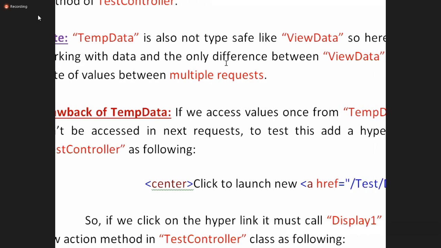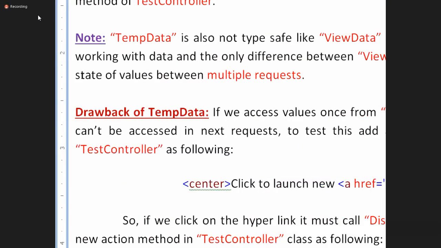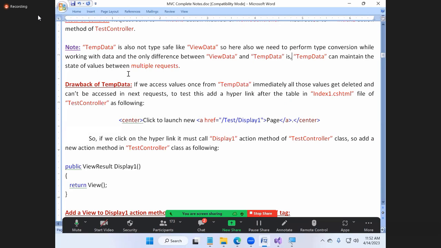And the only difference between ViewData and TempData is that TempData can maintain the data carried between multiple requests. Are you clear? And to see the transfer, I showed you how to watch it also. Open your browser. In the browser, use F12. Go to the Network tab. And then you send the request. In the bottom you'll see the first request went to where, the second request went to where. All those things you can clearly observe inside of it. Are you clear? Okay.